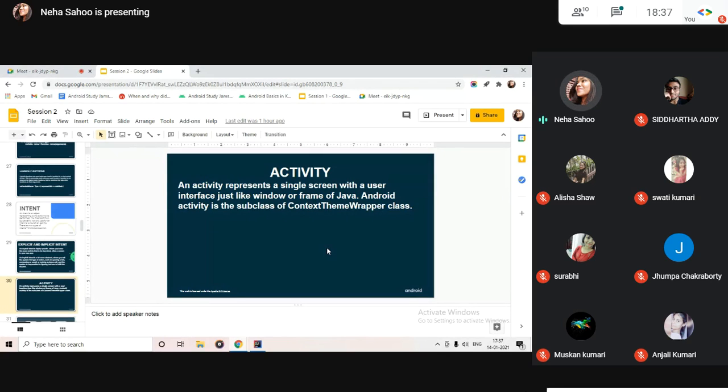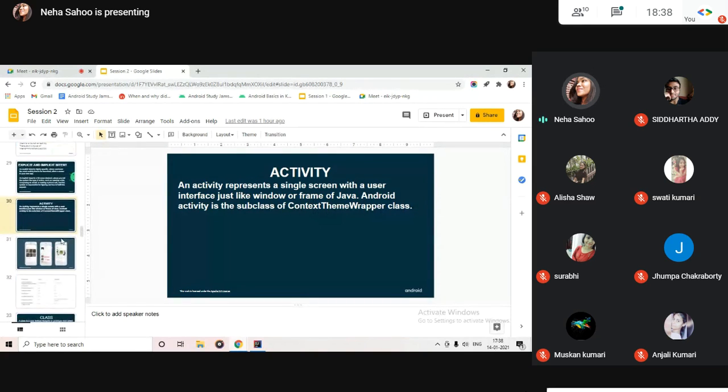This was a very rough outline of what classes and objects are, and they are very important from the point of view of Android development. I hope you go through it because we will be working with those as well.